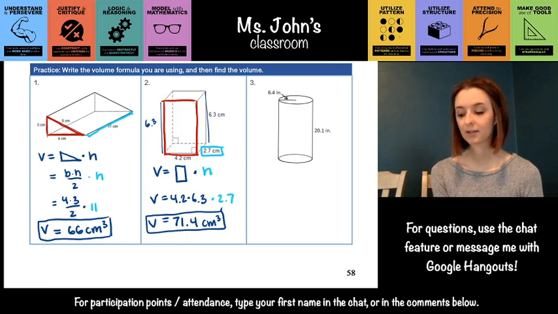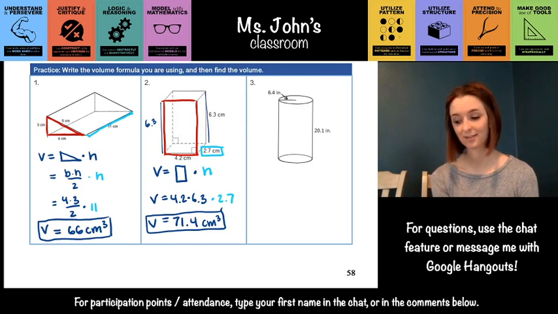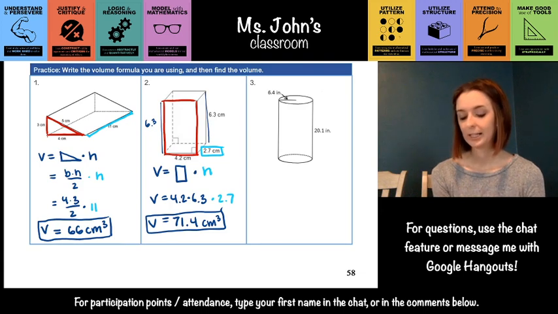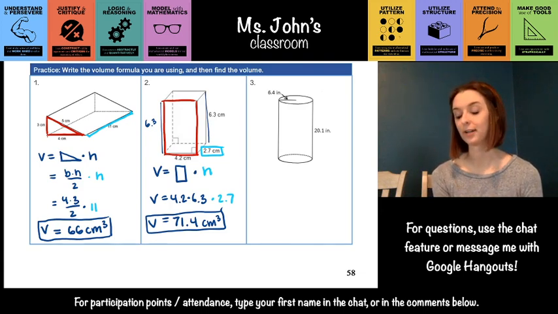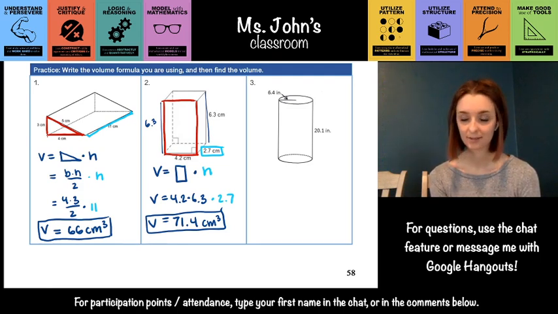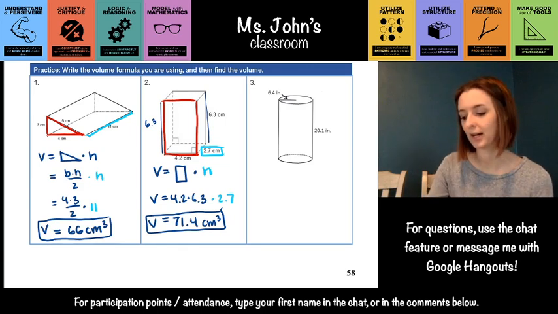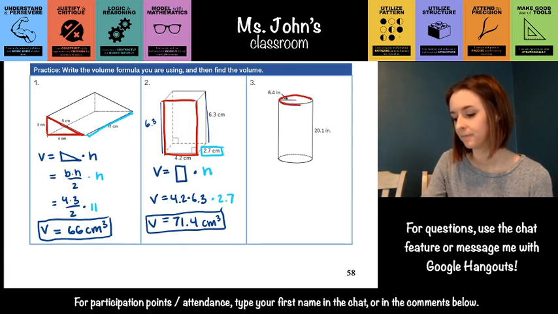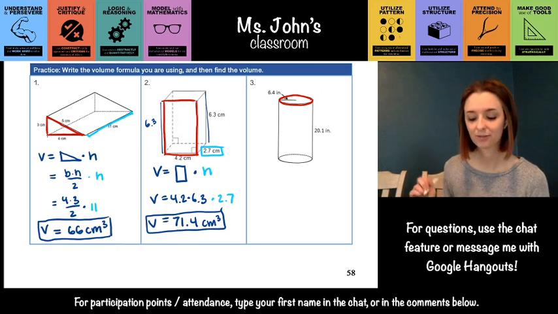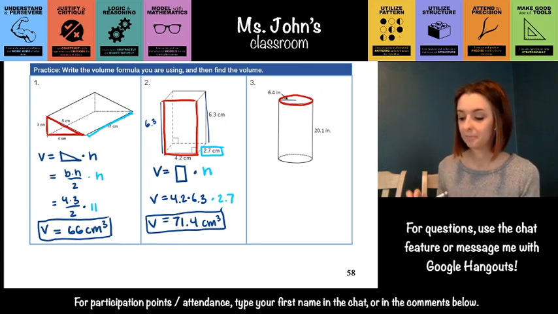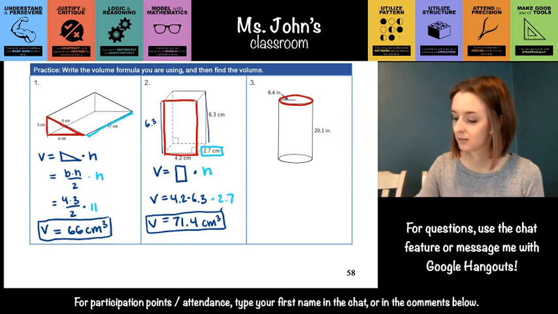The last one is actually a cylinder. People do not call this a circular prism, but I think they should because it is a prism. It's just that the base is a circle. So whatever. Anyway, the formula is still the same for this. For cylinders, you just find the area of the base, which is a circle in this case, and then you multiply it by the height. Circular prism, cylinder, whatever. So the volume is going to be the circle times the height,